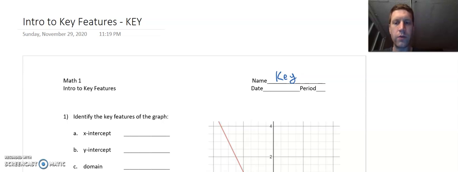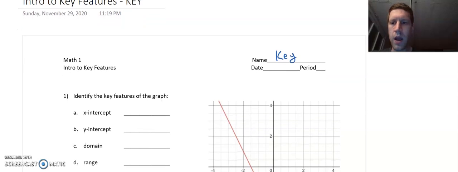Just wanted to walk you through an intro to some key features of graphs. The next couple class periods, we're going to talk about key features, and it can get a little confusing, but I think that a lot of the stuff we already know, whether from past math classes or from earlier this